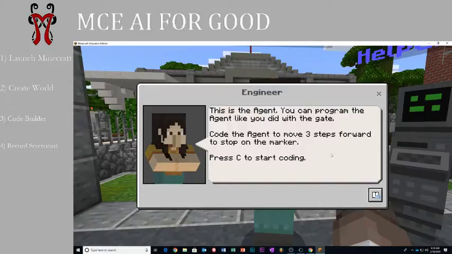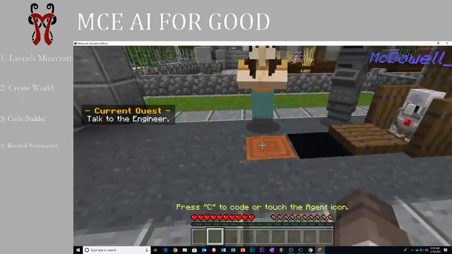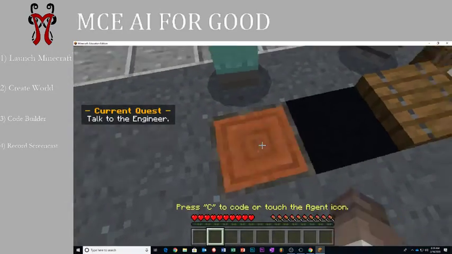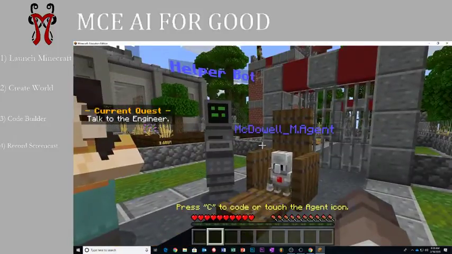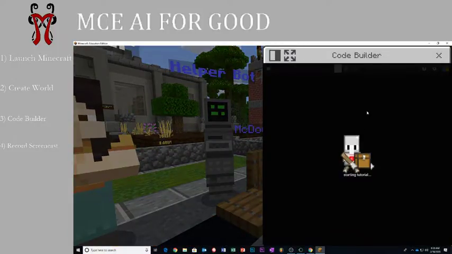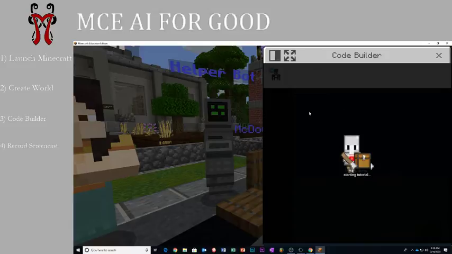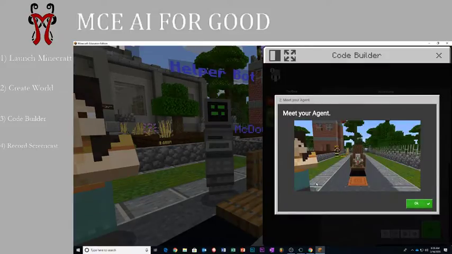We need our robot to move forward 3 steps to stop on the marker. As you can see here, there's this little marker on the ground. What I want to do is get my robot to walk forward 3 steps. So if I press C, once again, it opens my code builder. And you can think of this kind of as a puzzle game. Each time that you have a new thing that you need to do, you need to get it to do